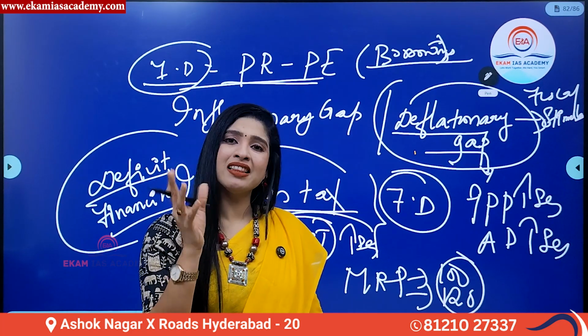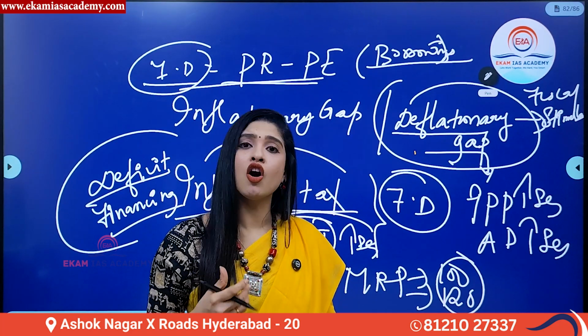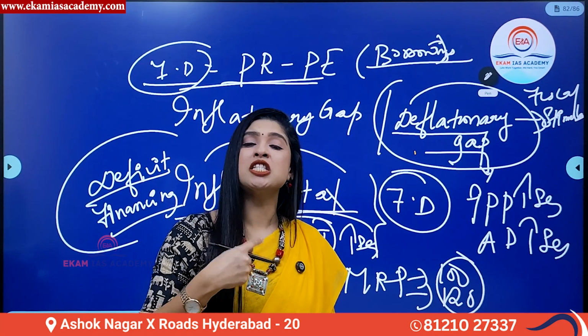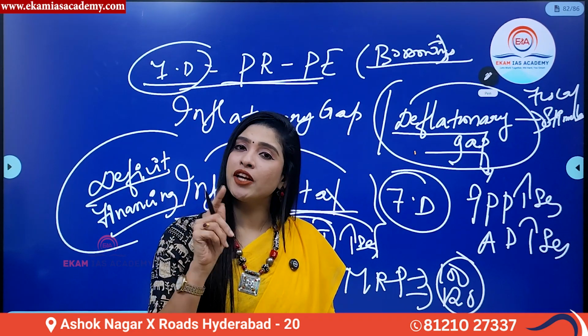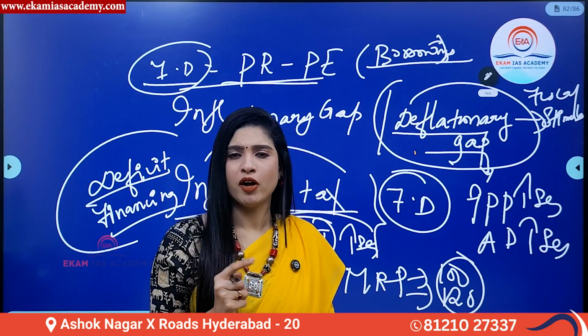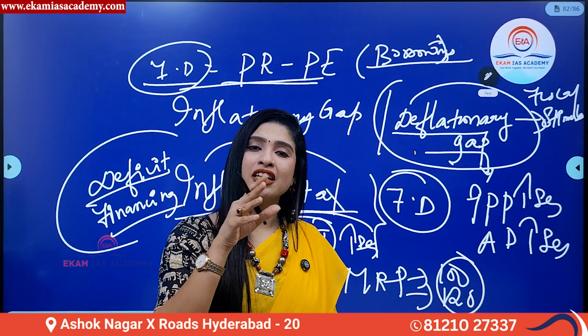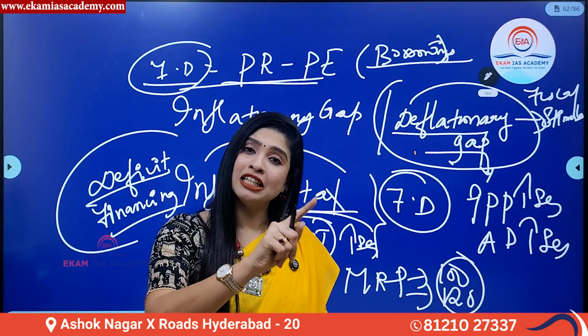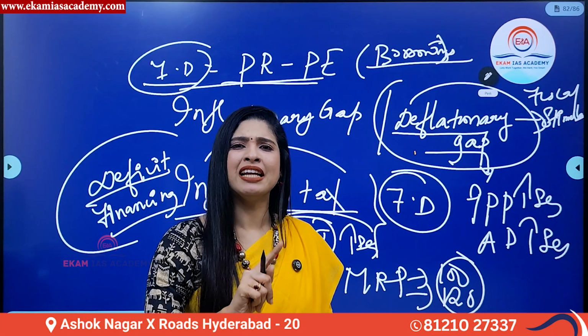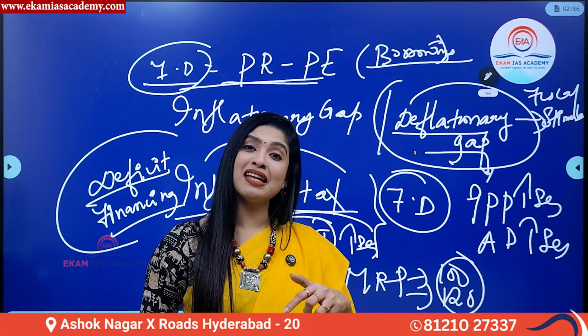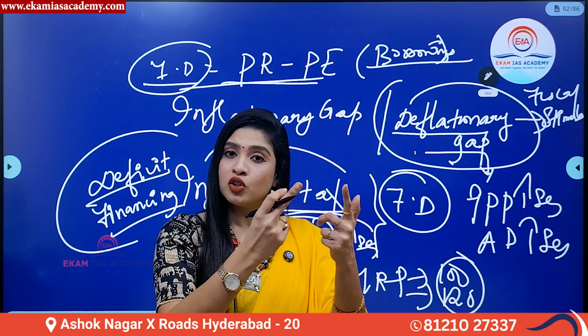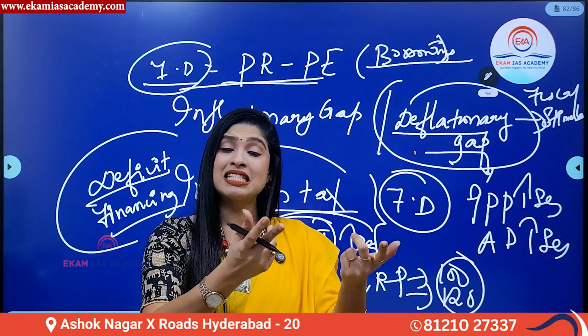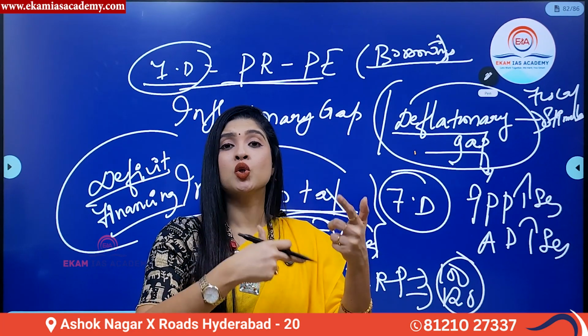So now, in the situation of inflation tax, when the government is borrowing money or printing new currencies, the government is doing it for whom? For the welfare of the economy or for the people. So they are injecting it into the economy. Slowly and gradually, what the government will do is try to increase what? The indirect taxes. And whatever money they have spent to inject money into the economy, they'll start recovering it from the people through a form of tax.